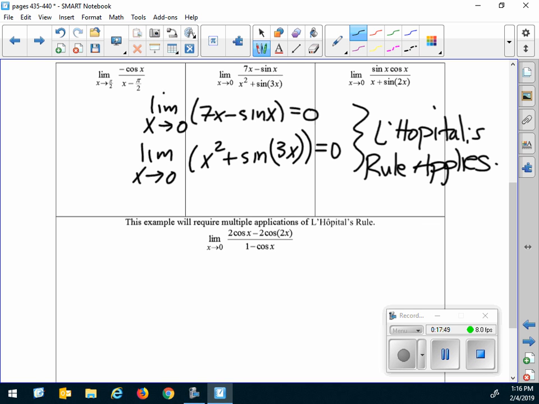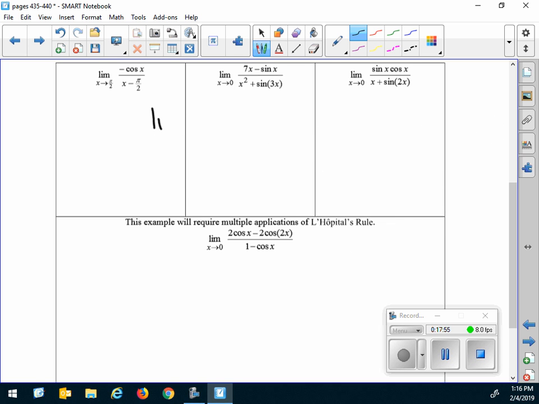Have you got this part? I'm going to erase it. So now we're going down and we're going to say, all right, then the limit as x approaches 0 of, now let's take the derivative of the numerator. What are we going to get? Is it minus cosine x or plus cosine x? Minus, 7 minus cosine x over 2x